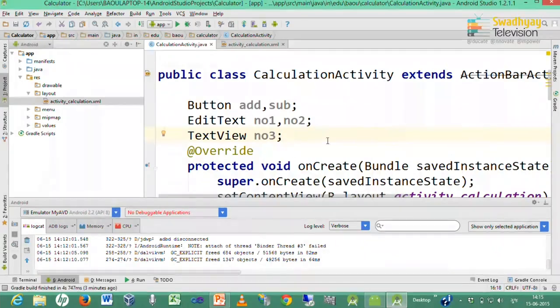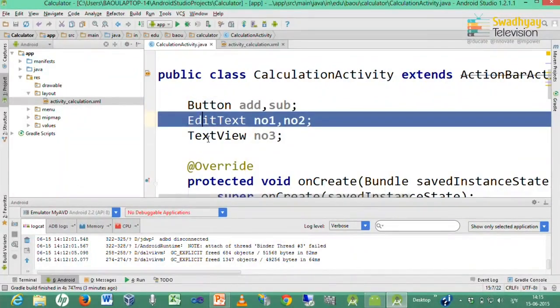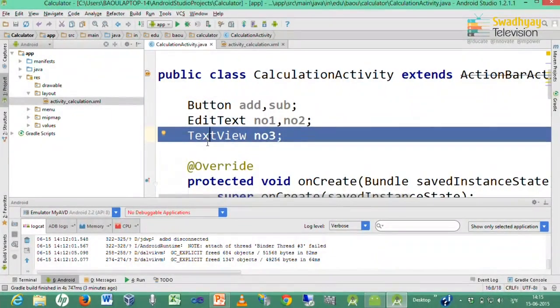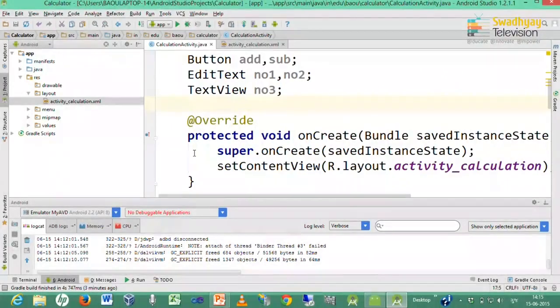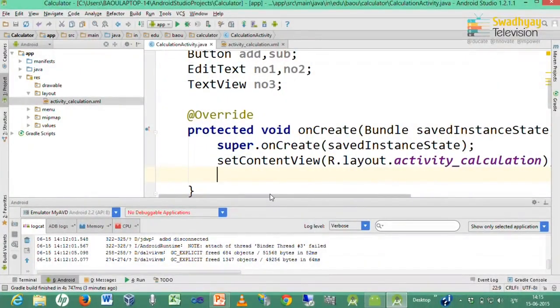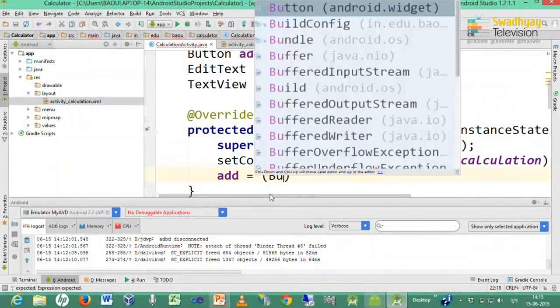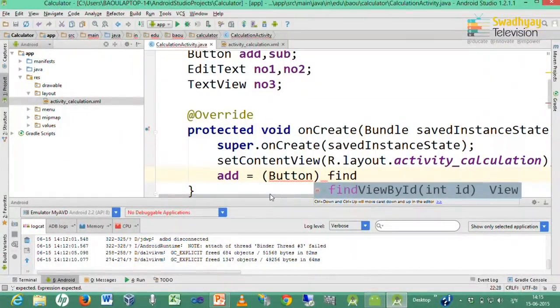So, first you have to declare a control that you want to use in your program. I want to use 2 buttons, 2 edit texts and 1 text view in my program. So, first I need to declare all these controls that may be required in programming. Next we take reference to these controls. Now, our add button represents the button in our interface with name btn add.